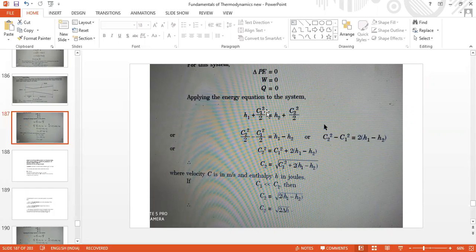And in the right hand side, what terms are made 0? GZ1 is made 0, Q is made 0. And here in the right hand side, the terms which are put as zeros are GZ2, made 0 because potential energy is 0, and W is made 0, and that's all. So keeping those terms zeros, we apply this equation.